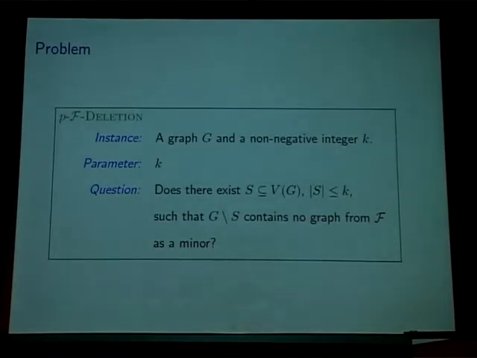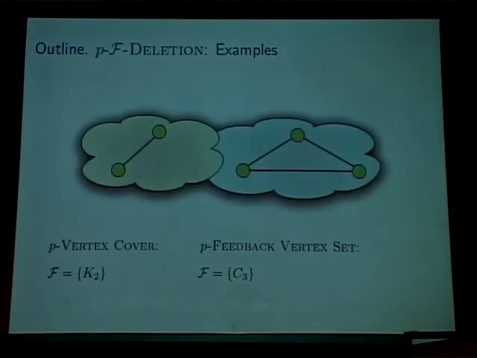Right, so I have a graph, and I want to hit all graph minors in the forbidden set by removing at most k vertices. So just to be clear, what is this hitting set, basically? Well, vertex cover is an F-deletion problem, right? Because for vertex cover, I want to find a set which hits every edge, which means that my remaining graph, when I remove all the k vertices, is an independent set. Which means there's no edge in the remaining graph, right? So if I take my forbidden minor to be K2, this F-deletion problem is just